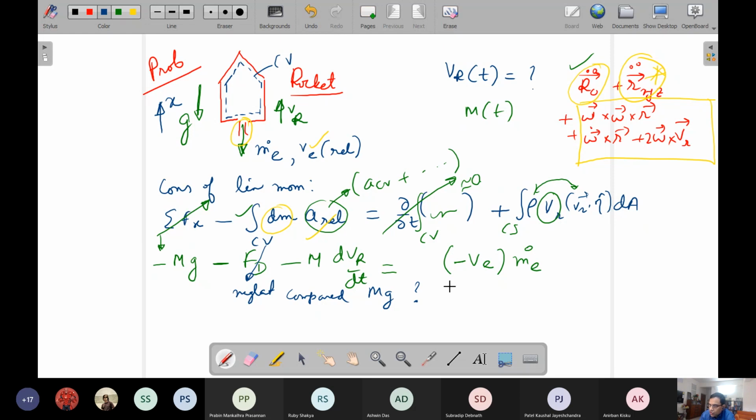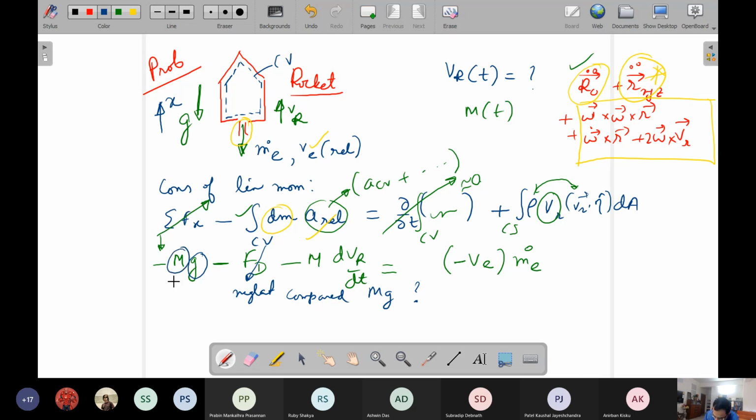A simple clue is that the rocket is having its primary motion outside the atmosphere surrounding the Earth, where you do not have much of the atmospheric air. But in the same logic, you can also say that their gravity also may not be that important. So, but anyway, you can give an explanation that under what conditions you can neglect this drag force on the rocket as compared to the weight of the rocket.